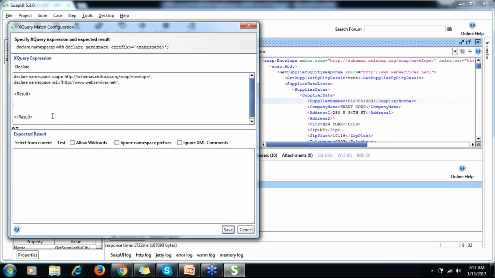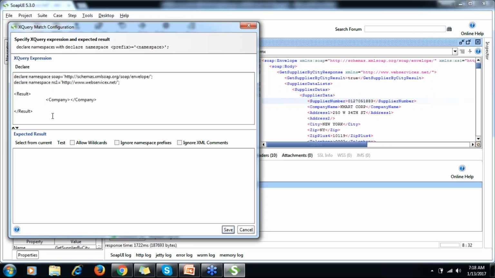Then suppose I want company names, all the company names in this response, so I can put company. These are some tags we are creating, team. You have to close this tag. Whatever tags you create in XML, you need to close.